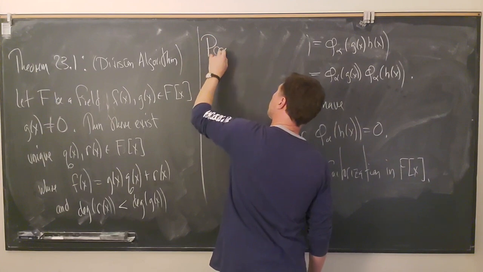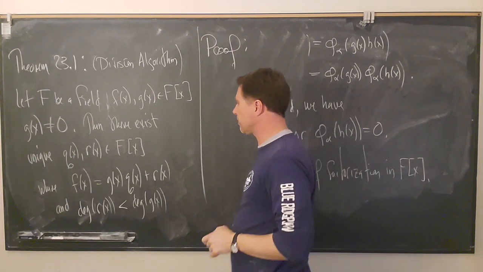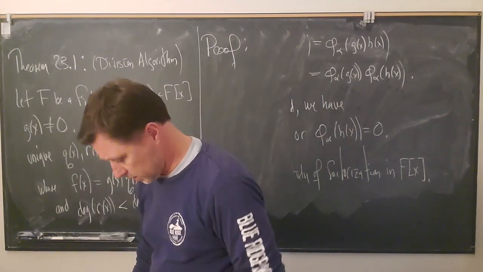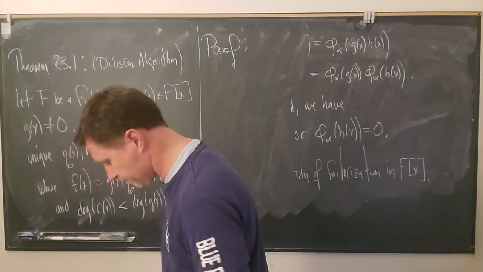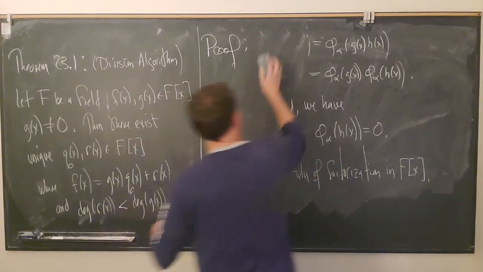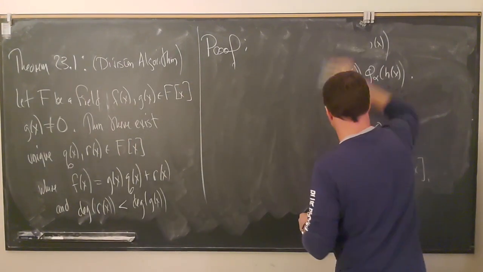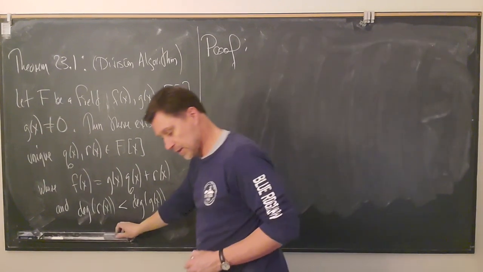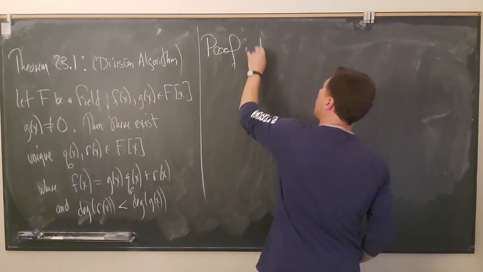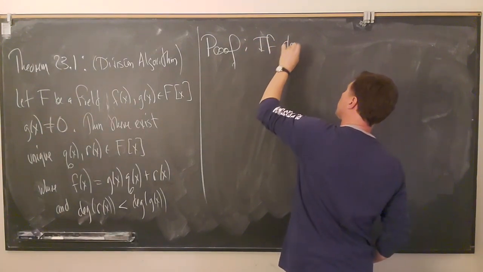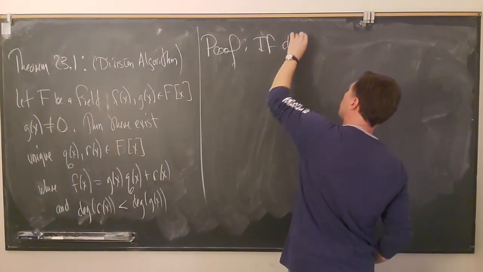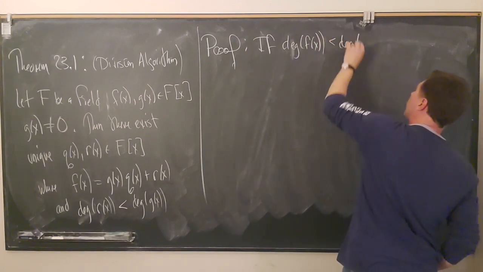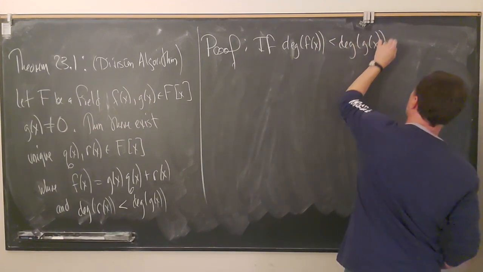Okay, so we need to prove this. And we're going to consider a couple of cases. First case, let's look at the degree. So if the degree of f of x is strictly less than the degree of g of x, then